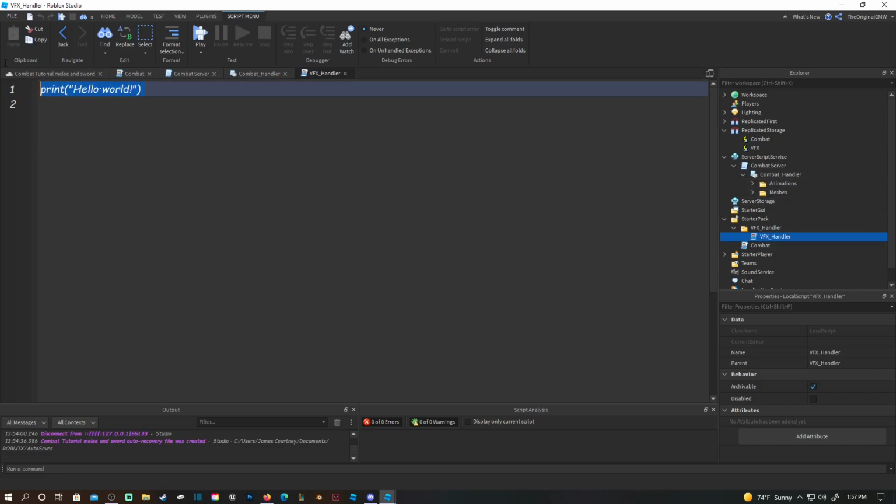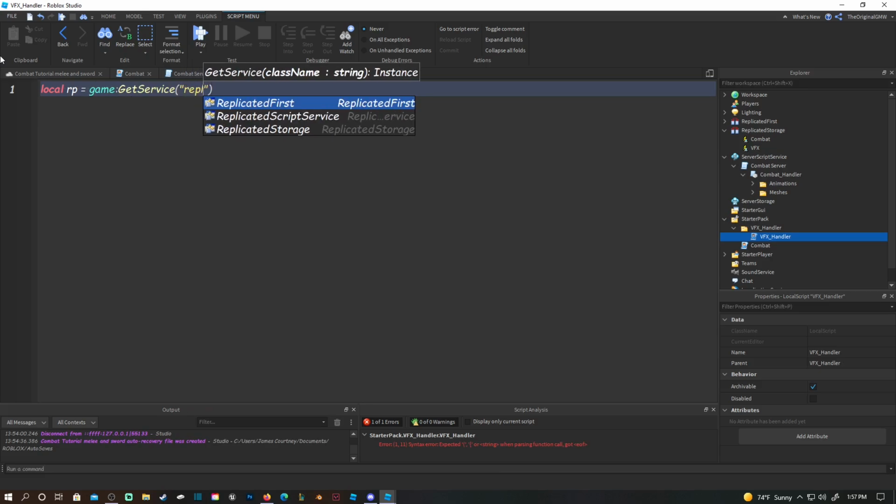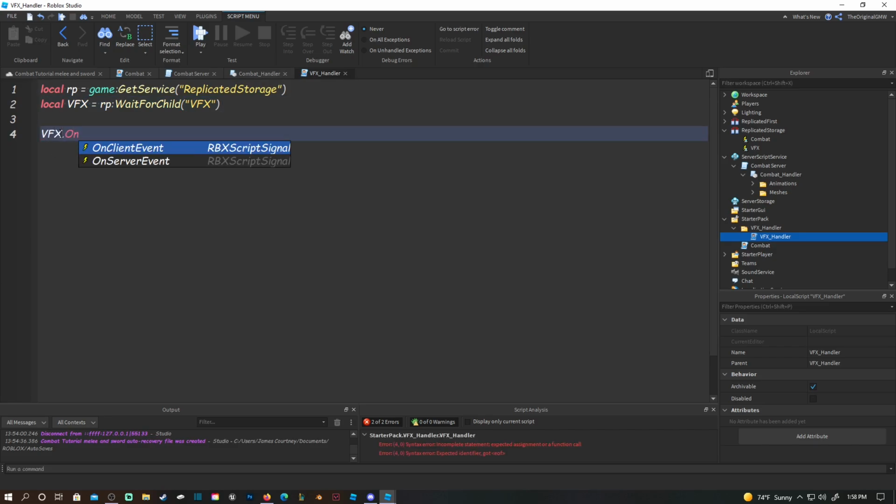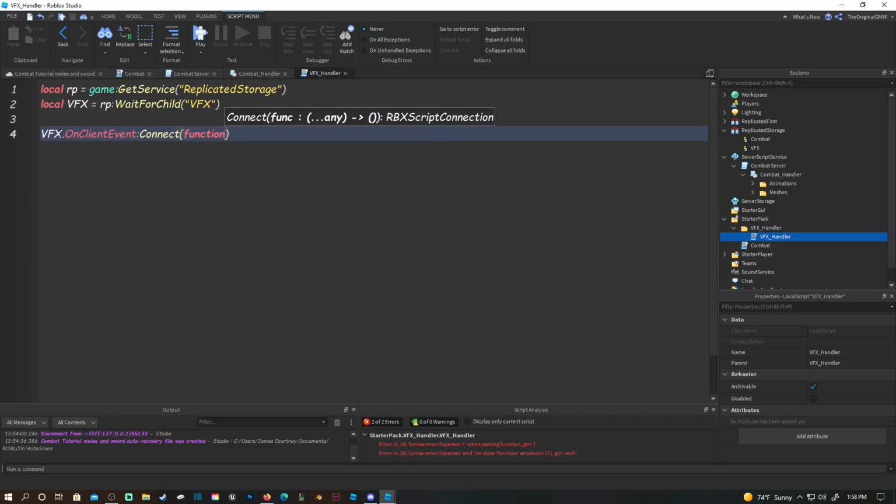Now what you want to do is reference the visual effects remote. So local RP = game:GetService("ReplicatedStorage"), and then local VFX = RP:WaitForChild("VFX"). Sorry for the word cut. So we have the VFXHandler, and then we write down these two lines, and then we're gonna do VFX.OnClientEvent:Connect(function,